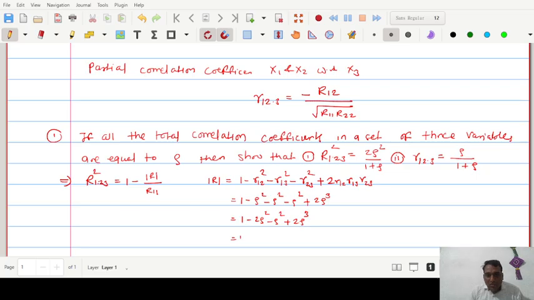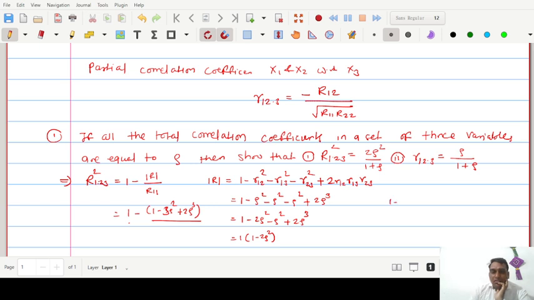For simplicity we keep it as it is: 1 minus, in bracket, 1 minus 3 times rho square plus 2 times rho cube, and divided by